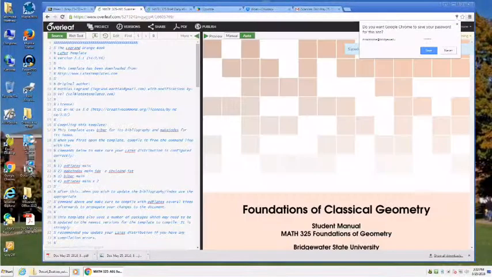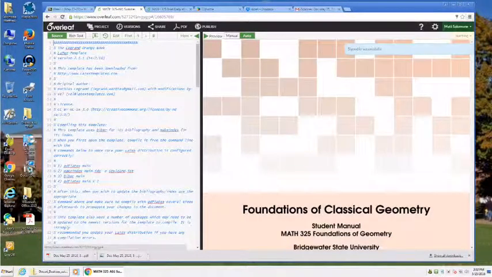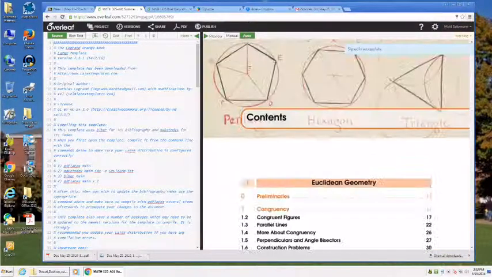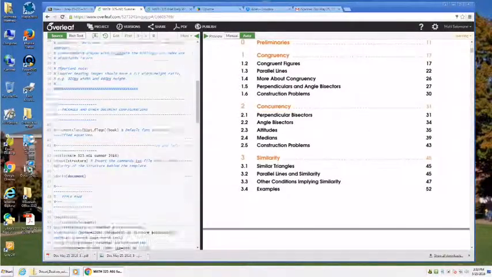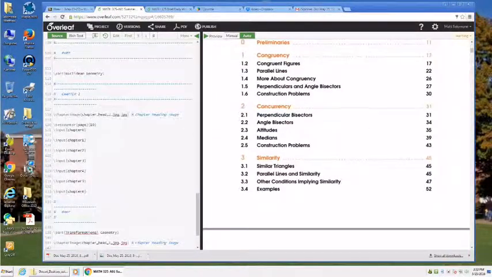So if you're signed in, you should see your name up here in the upper right-hand corner. What you'll see on the right-hand side is a copy that looks very much like your student manual. On the left-hand side is a bunch of code. If you're interested in how this typesetting actually happens, it's by writing stuff that looks like what's on the left. We won't be doing much of that, if any at all, in our course,